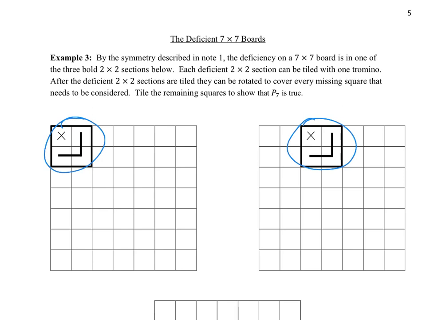Then you could rotate this 2x2 sub-block so that the deficiency was right there, or right there, or right there. We could always tile that 2x2 block by shoving in one more Tromino wherever the deficiency might be. So with those